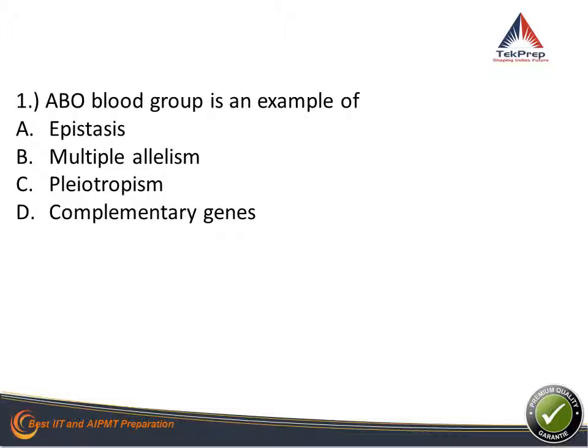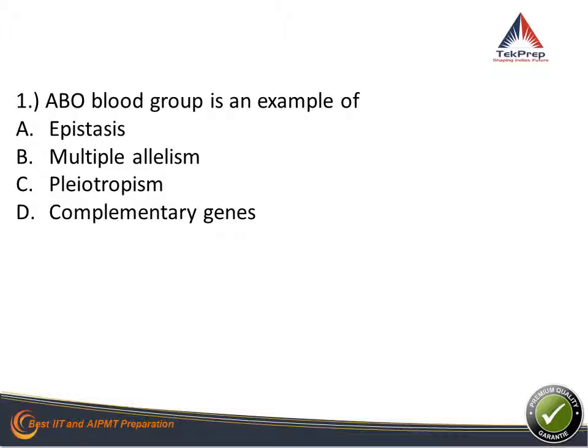Now let's look at epistasis. How do you define epistasis? It is the phenomenon by which one gene does not allow alleles of another locus to express. This is a counterpart of dominance, wherein the dominance is intragenic suppression, which means there are two alleles, a capital A dominant allele and a suppressed allele. So